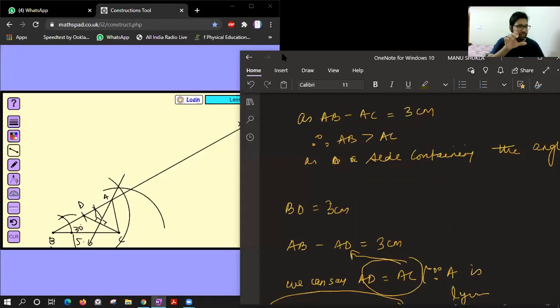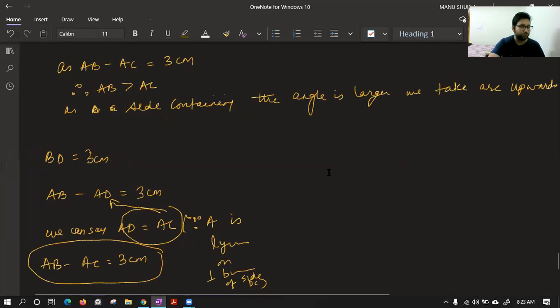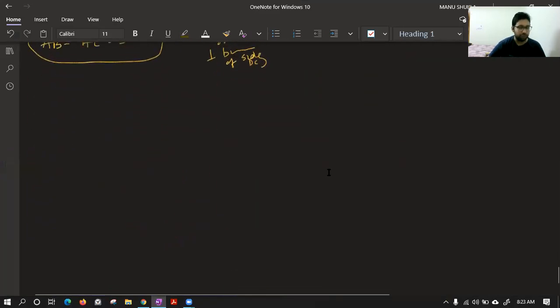AB, you have to measure it using a scale at your home only. Sir, we could measure the sides and verify the difference. Aha, Vaishnav, very good. No, beta, that is also required if it is asked. But to verify, you have to verify geometrically, this way only. It's very easy. No issue is there. I know you can do it.